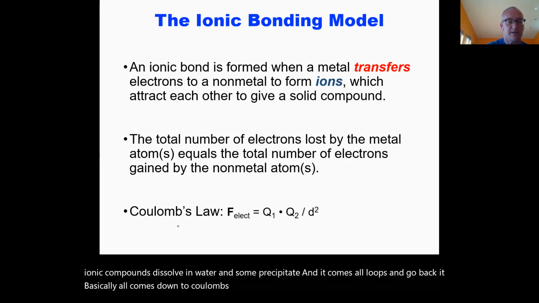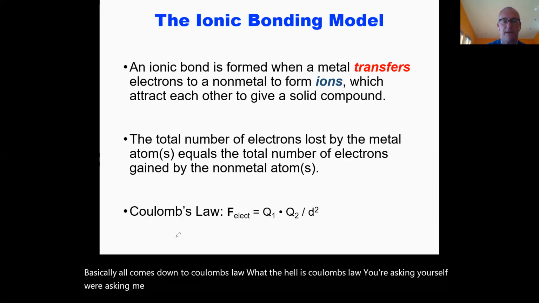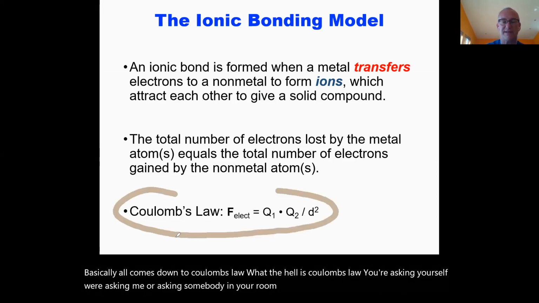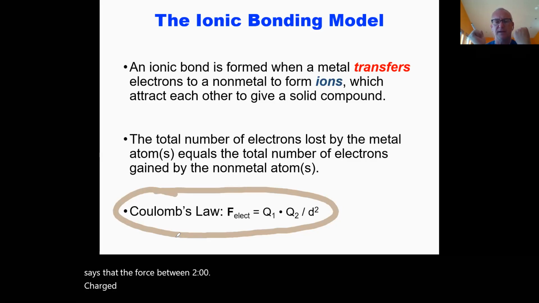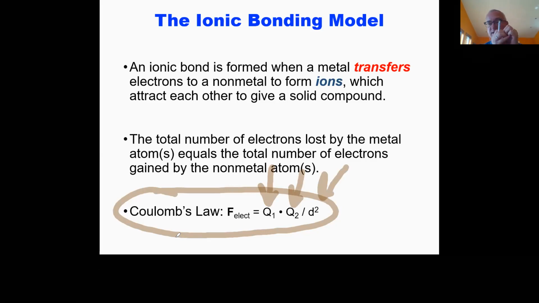What the hell's Coulomb's law, you're asking yourself, or asking somebody in your room. So Coulomb's law basically says that the force between two charged species is dependent on two things. How charged they are, so Q is equal to charge. If they're highly charged, they're going to come together with great force. And if they're far away, the force goes down. That's why it's 1 over the distance. If they're really close together, it's very strong. So that's why sodium chloride dissolves in water. It's basically